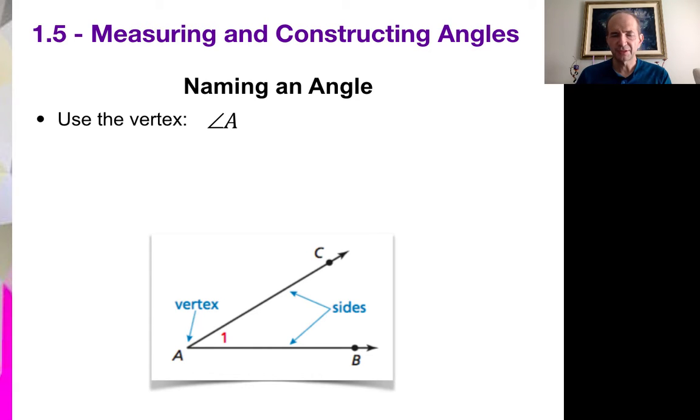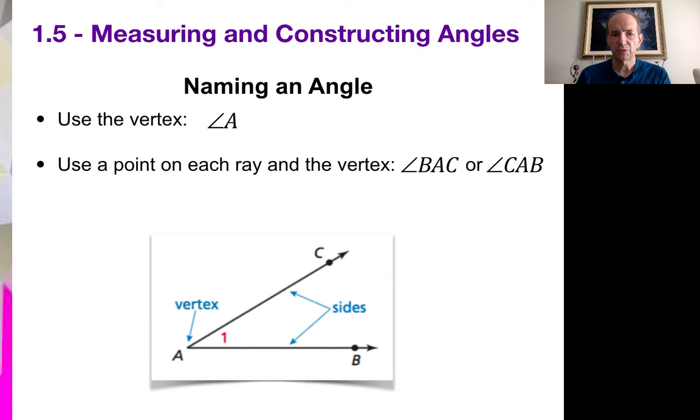Now, naming an angle, there are different ways that we can name it. We could very easily just use the vertex, and in this case, the point of the vertex is called A. If I said angle A, it's unambiguous that this is the angle that I'm talking about. These are the two rays, and this is the interior, so this is the angle we're talking about. We can also use a couple points on the rays. So I'm going to have a point B on this ray and a point C on this ray. Of course, I have my vertex, and I can call the same angle that I just called A, I can call it BAC,